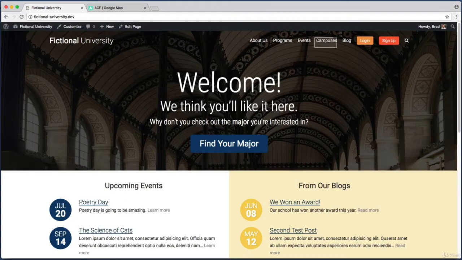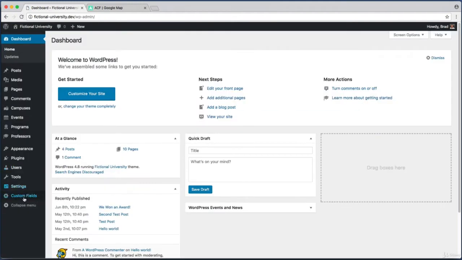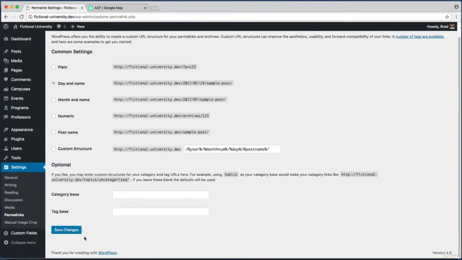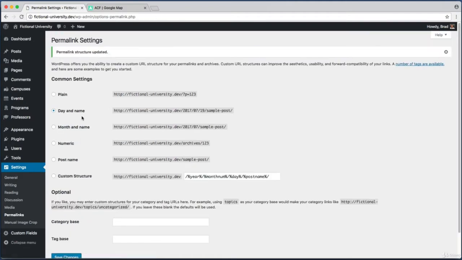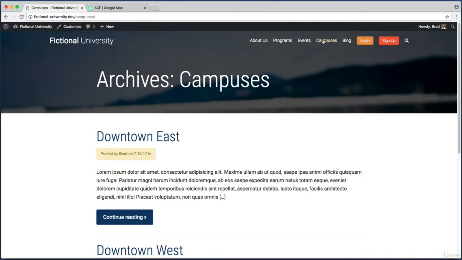Now if I test out that link up in the header, you'll notice that the screen is empty and up in the tab title bar we see page not found. Now we've been through this before. You know that whenever you register a new post type, you're probably going to need to clear or rebuild WordPress's permalink structure. So let's jump into the admin, go down into settings, permalinks, click Save Changes to rebuild the permalink structure. And then if we go back to the front end and now click on campuses up in the header,